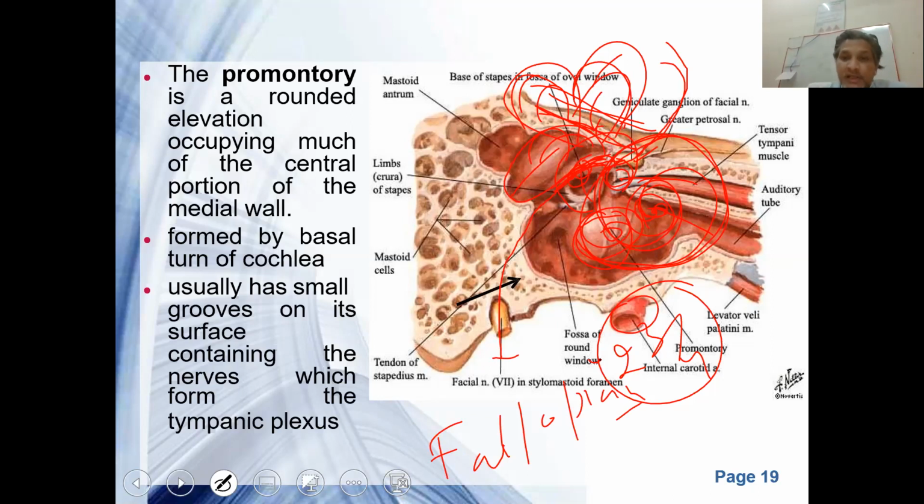The concept of the anatomy of the facial nerve, you can't compromise on that, because all the surgery is guided by the facial nerve. You can see that it takes a turn, makes an appearance in the middle ear, goes posteriorly, and then again takes a 90-degree turn. This is the tympanic segment, this is the mastoid segment, and this is obviously the mastoid cells.